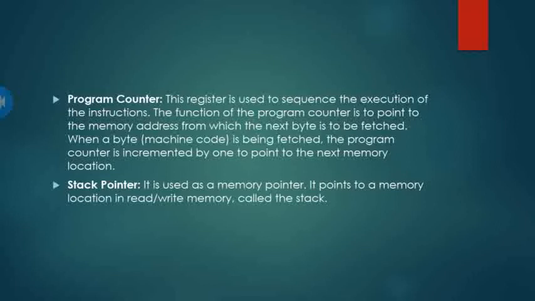I want to give you one example. For example, as of now CPU is executing one instruction, and in the program counter register there is one instruction with address 1001. After the completion of that instruction, whatever CPU is executing, the CPU gets the instruction 1001 from the program counter, because in the program counter the next instruction is 1001.